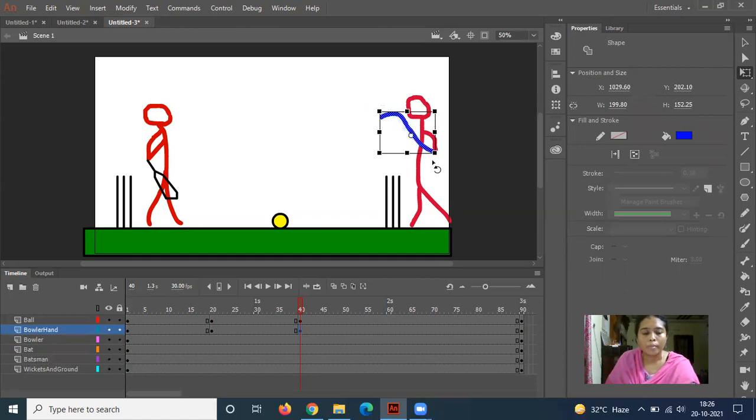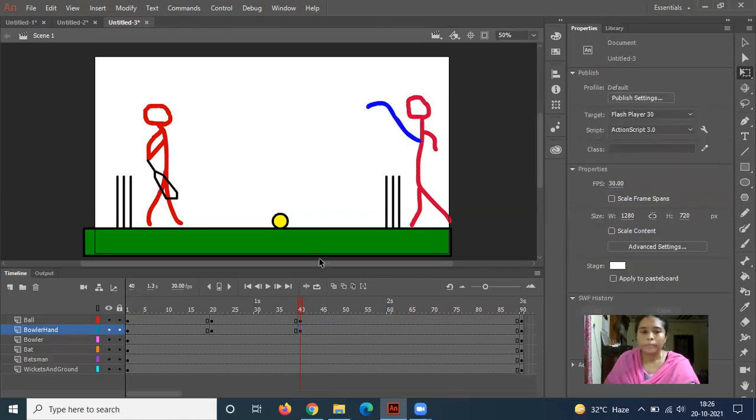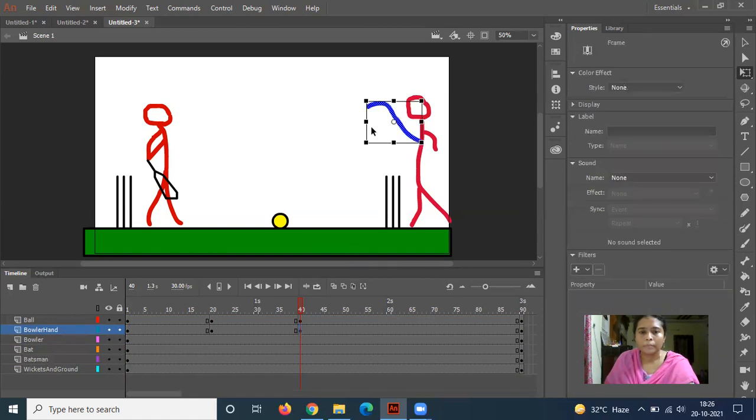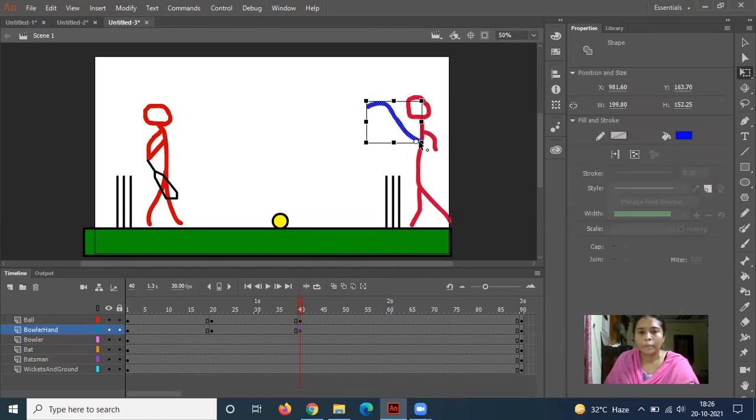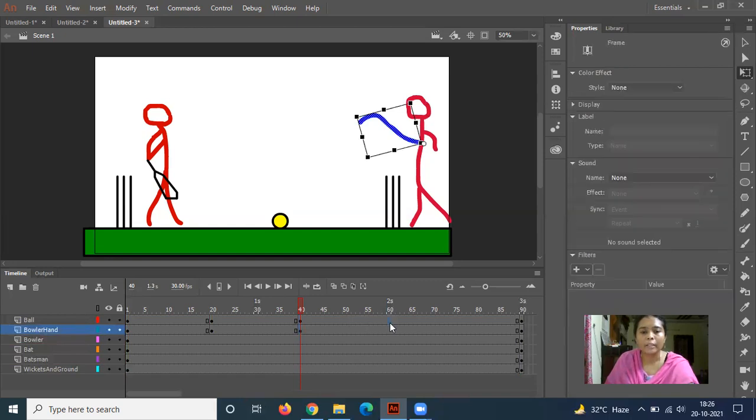See that your mouse needs to work properly. I'm just dragging towards this part, and if you do not drag this circle towards this contact point of the body and the hand, automatically the hand and the body will be separated. Right? Now, when it reaches the 50th frame or like the 60th frame,